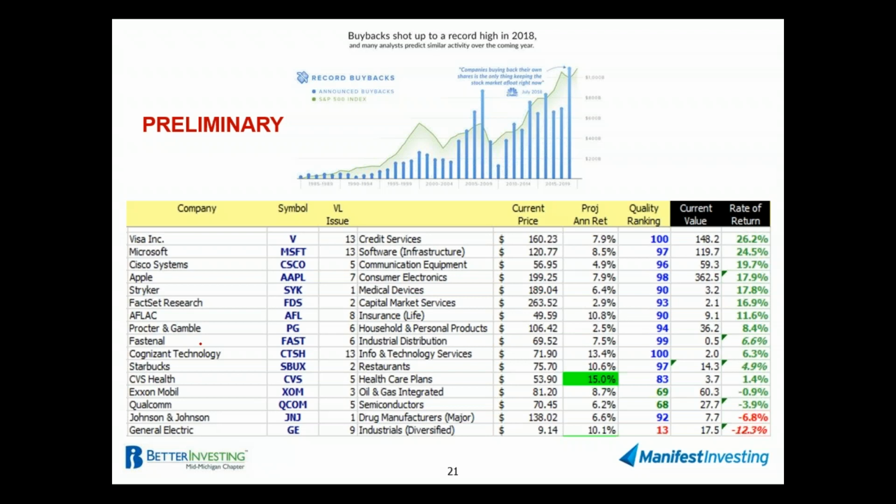And even at Apple, where the stock price has been going up year over year over year with a few pauses and speed bumps, they basically have bought back $362 billion worth of stock. The return on those transactions has actually been 17 or 18%. So I'm questioning the validity of this. It says preliminary in red, but I do find it kind of fascinating